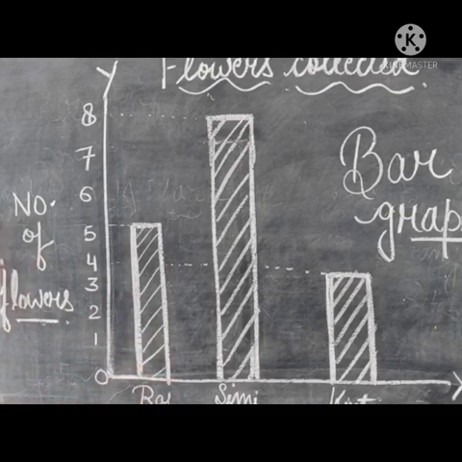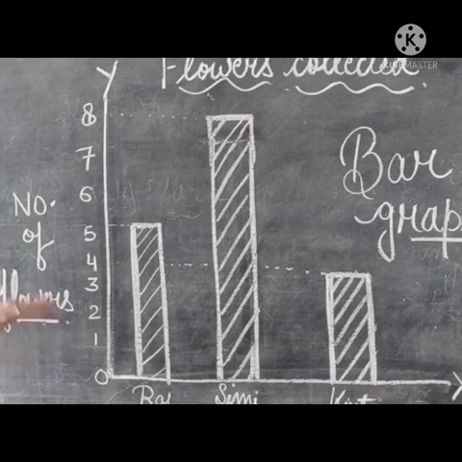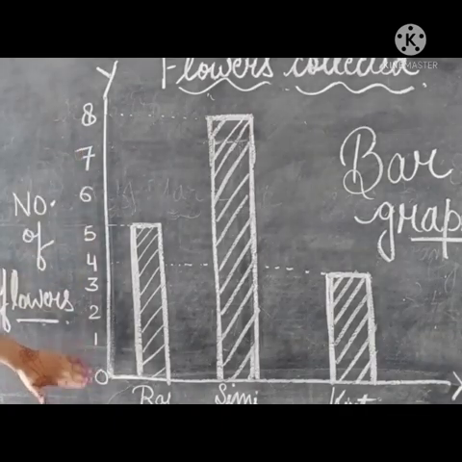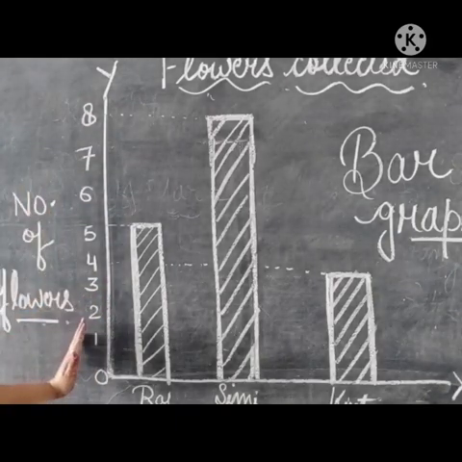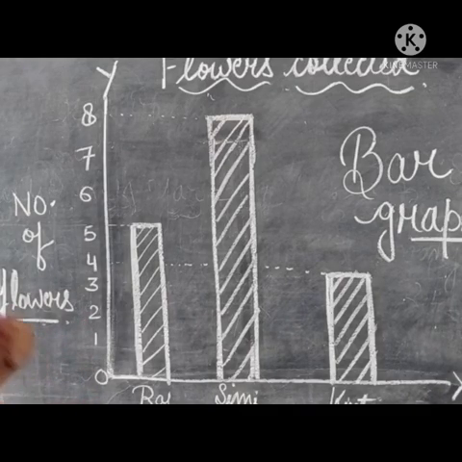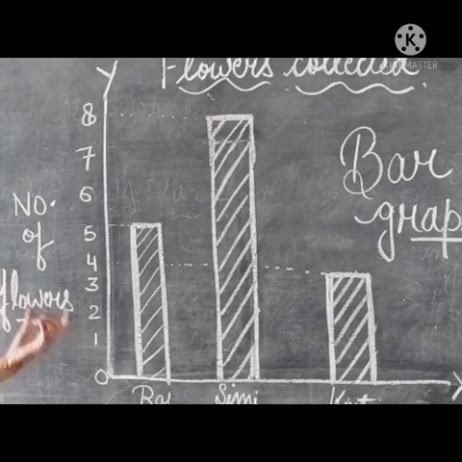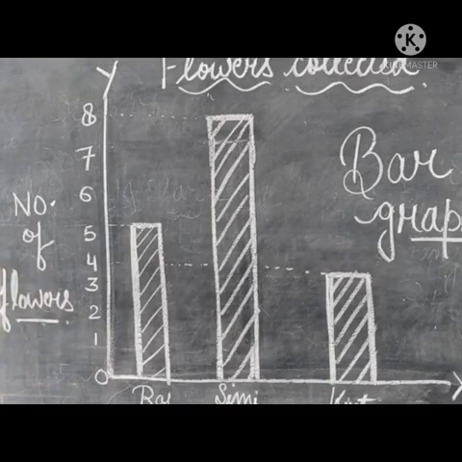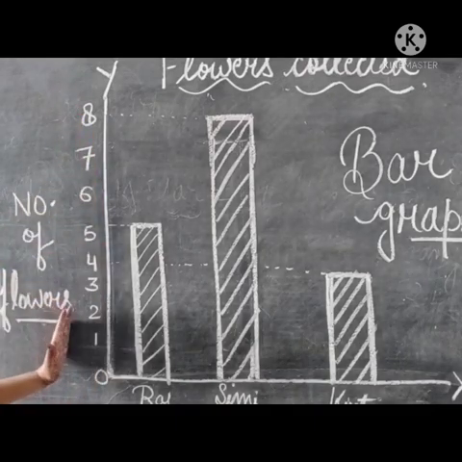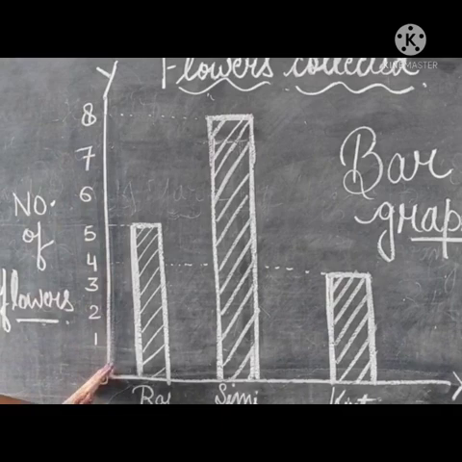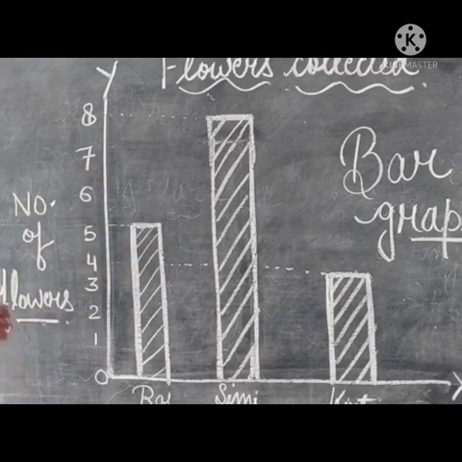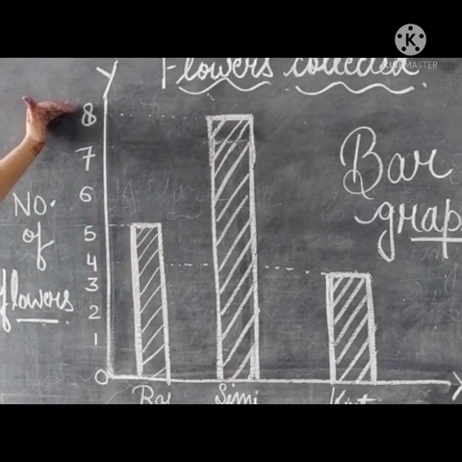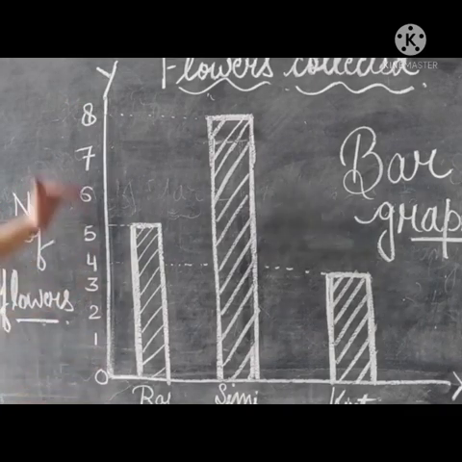Okay, so here we have number of flowers. So numbers can be shown on the scale. So that is why the number of flowers will be on y-axis only. Or if you take any example like number of chocolates, number of sheep, number of this, number of that, the number will always be on y-axis, because on y-axis we show scale starting from 0 to our maximum number that we have. So our maximum number we have is 8. So we have marked it up to 8 only, from 0 to 8.